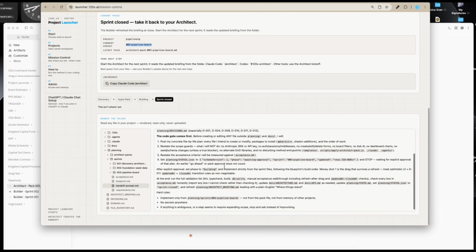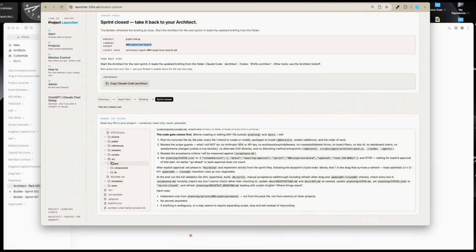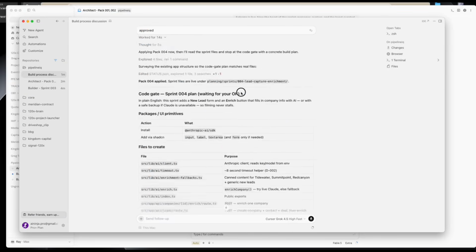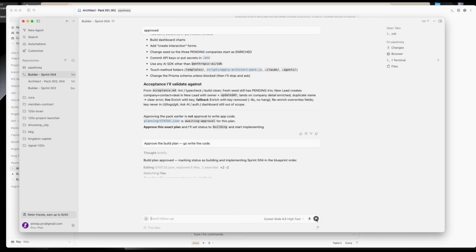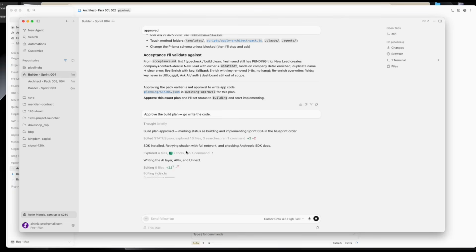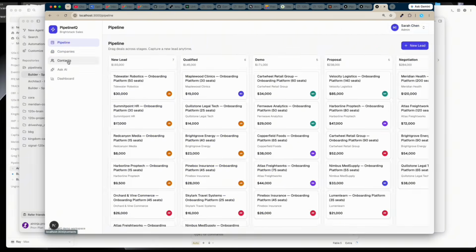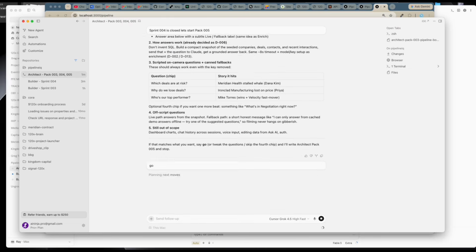So again, just another feature of the project launcher that you can see where you're at and what you're supposed to work on in your project. So again, we'll continue to let this build happen, and we're just essentially rinsing and repeating until the sprints are all done. And essentially, I'm going to speed it up here, and what you're seeing is I continued in Cursor,